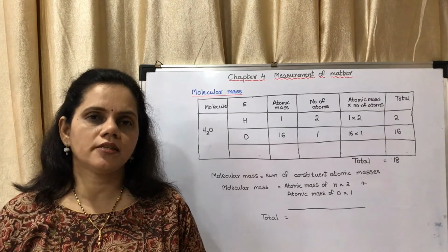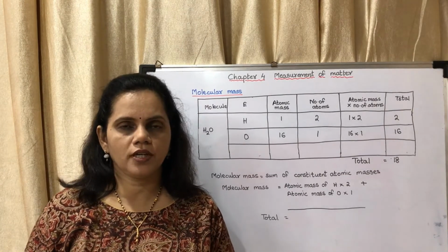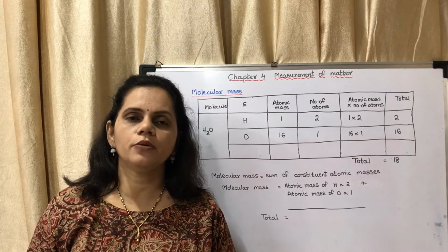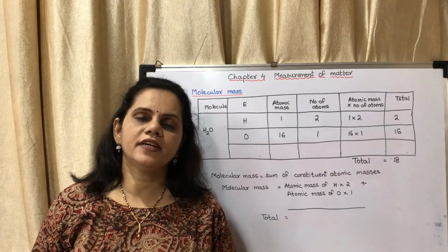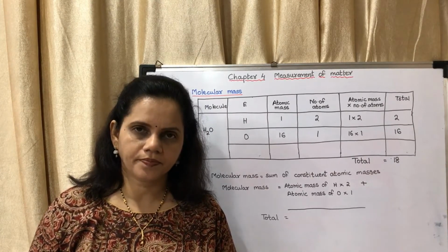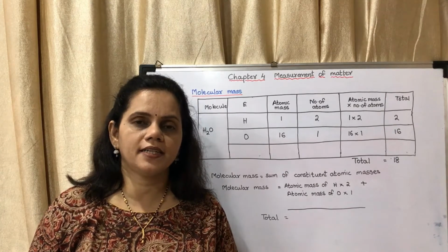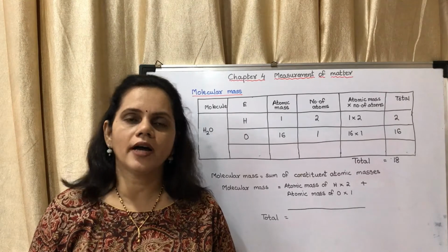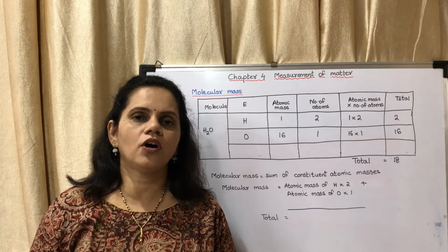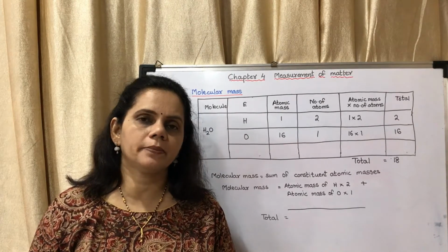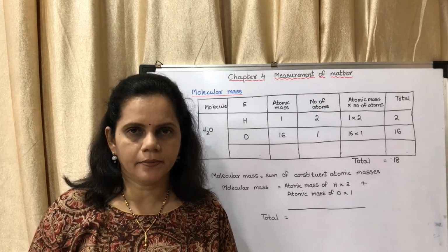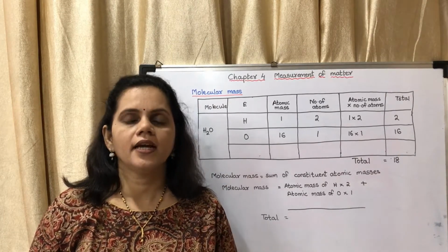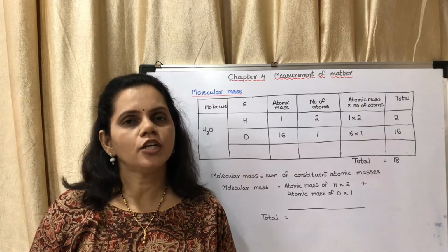Molecules present in the atmosphere could be polyatomic or monoatomic. What do we mean by monoatomic? If a substance is present in the form of only one atom, then it is said to be monoatomic. Mono stands for one, so monoatomic means there is only one atom. Diatomic means there are two atoms.